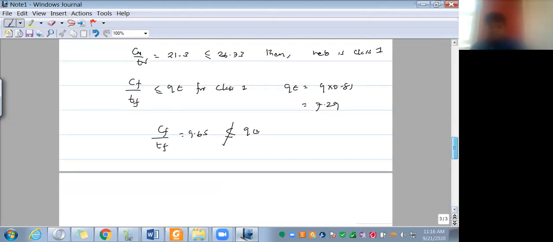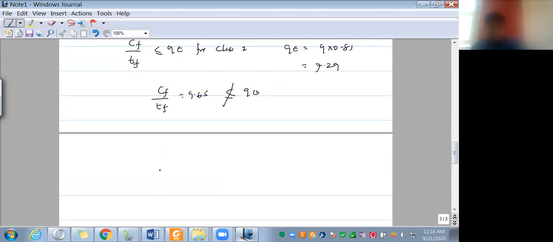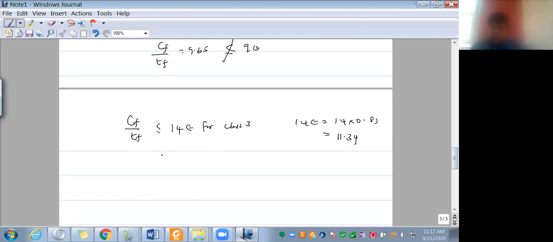Class 2 doesn't satisfy. Then if we take class 3, CF over TF, class 3. So what is 14 epsilon? 14 into 0.81 is 11.34. So 11.34. So CF over TF, that is